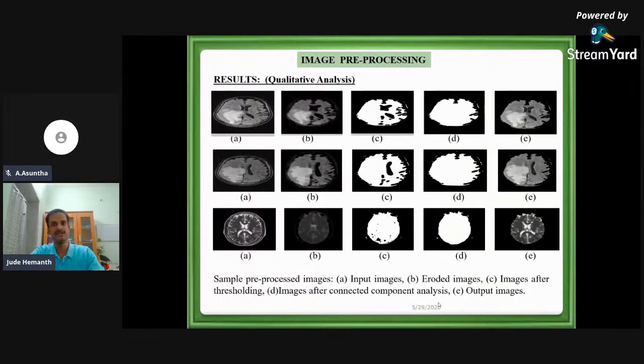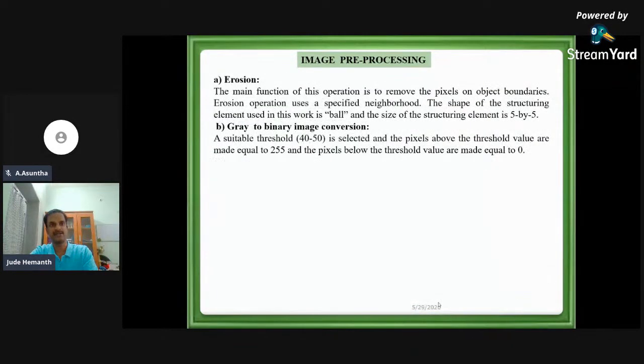So what you have to do is first remove the skull portion, or the circular region, of the images. I have passed through a series of steps. Column 2 corresponds to the second stage, column 3 the third stage, column 4 the fourth stage, and when you look at the final image, you can see that the ring portion is removed. There are some traces of the ring, but it has been removed to a major extent. Now we will see how we have removed it.